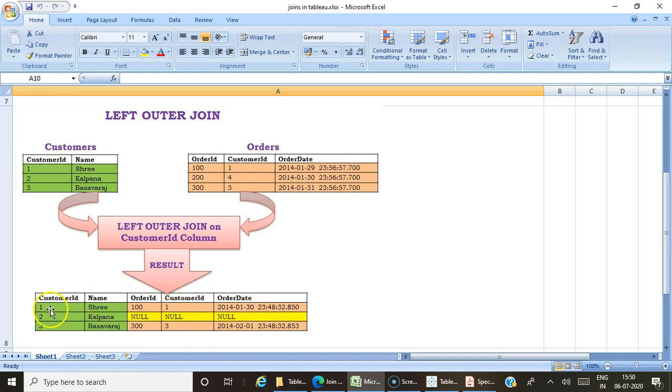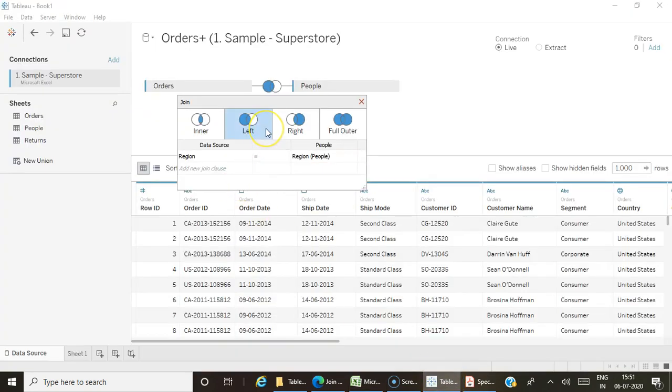So you can see 1, 2 and 3 is taken from customers but only 1 and 3 are matching from the orders. So for the second record, order ID, customer ID, order date is replaced by null values. So when you choose left join, it takes all the records from the left and only matching records from your right. When I choose the right join, what will happen? Vice versa.